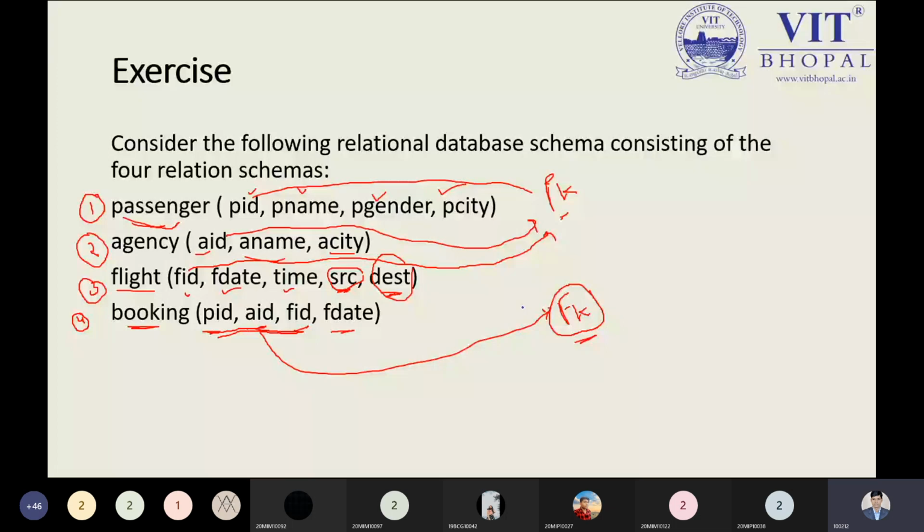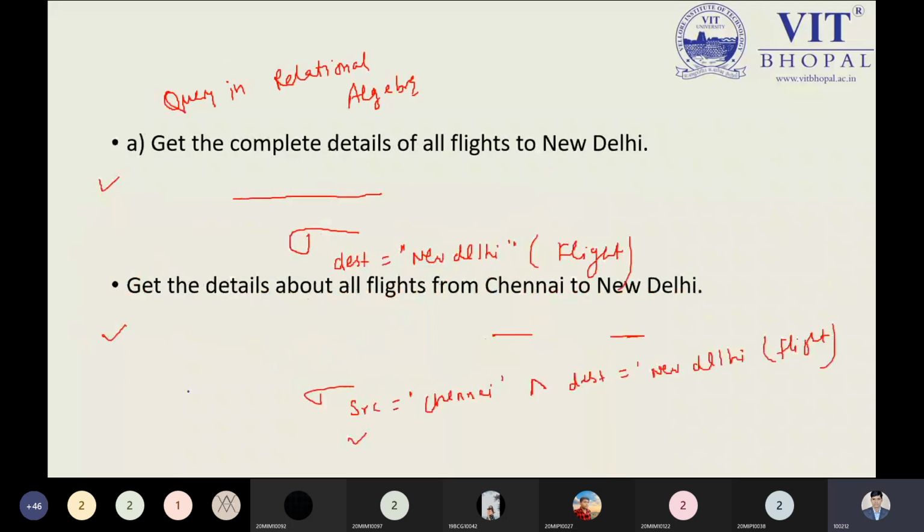In agency, we have different things. You can read out the schema properly without writing. And just like agency, we have booking as well. So there are 4 schemas we have to keep in mind. Now this is the question I'm asking here before sharing anything. I'm expecting you will explain to me what would be the output.